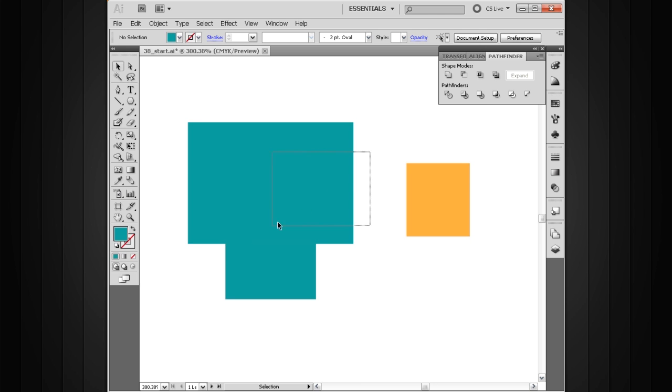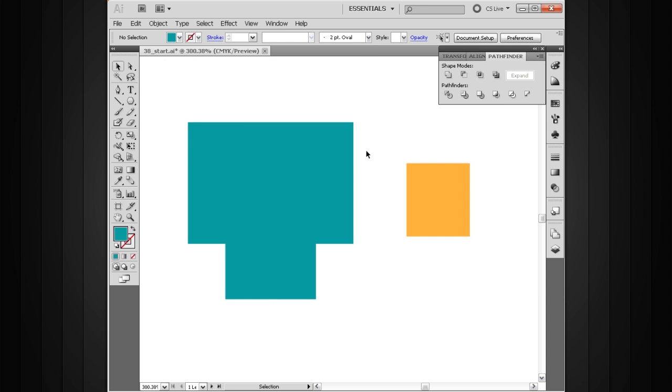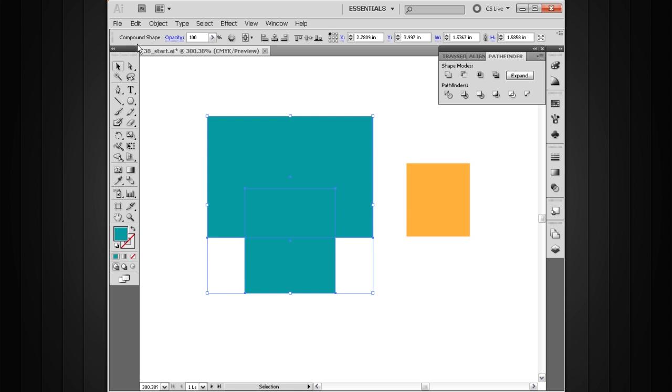Now also notice here that if we select this compound shape, the expand button is now available to us. Now what this expand button is going to do is it's going to commit to this compound shape and make it permanent. So it'll be like we'd never held down Alt when we clicked Unite. So if we click that, you can see here that this is now just a path. It's no longer a compound shape, and it's now permanent. So you know what, I don't want to do that. Let's go ahead and undo that change here,